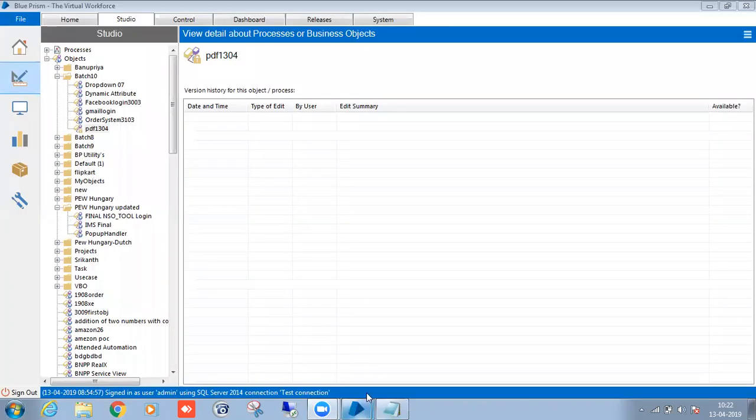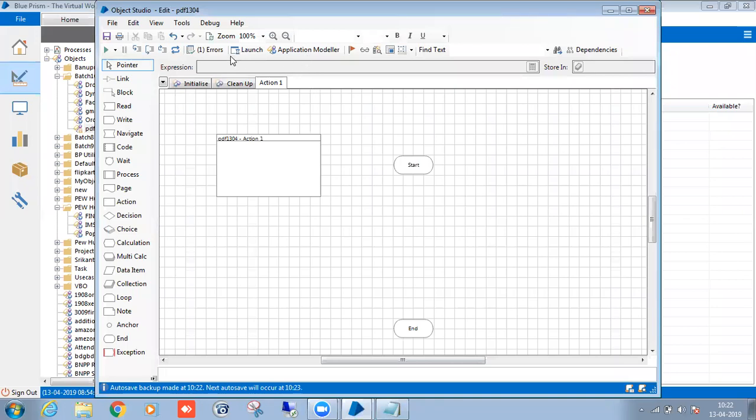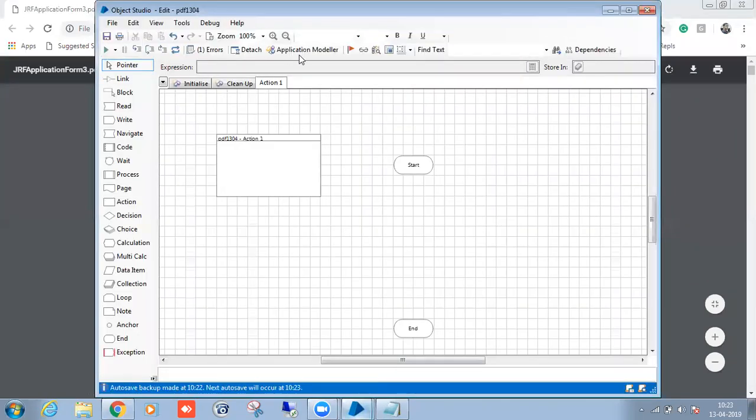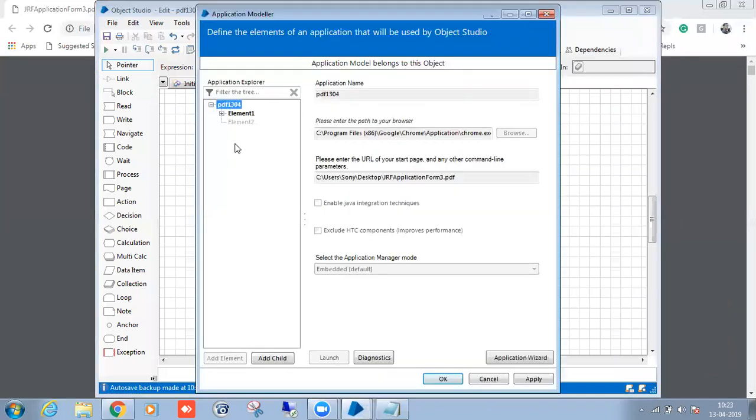See, again I will do it from the start. Okay, first I'm launching the application, right? So I'm clicking on the launch. So it will launch the application. Go to application navigator. So click on the identify. So first the complete region is there.